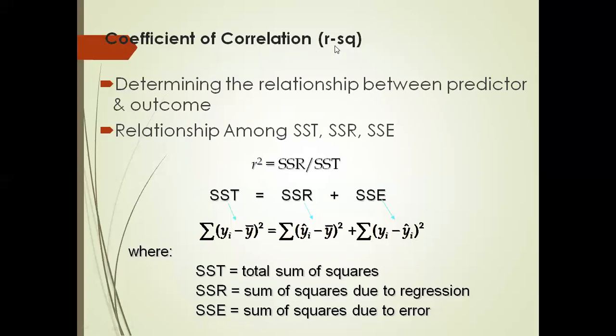As I told you, it is the square root of R square. R is nothing but the correlation; R square is the coefficient of determination. Understood this? So this coefficient R can thus range from -1 to +1. And an R value of 0 signifies there is no relationship at all.